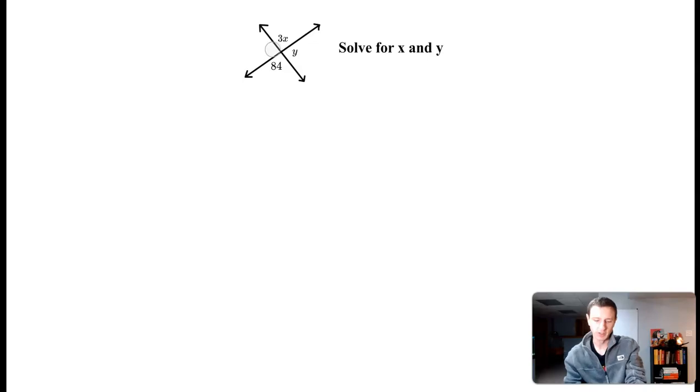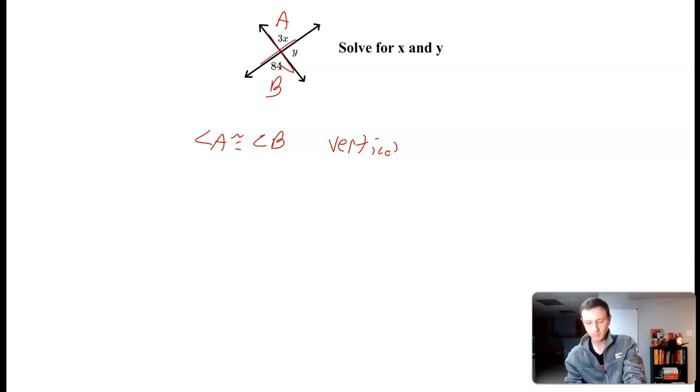There are two potential starting points from here. One starting point is, let's call this angle A and this angle B. I know angle A is equal to angle B because those are vertical angles. Whenever you have two lines cross and pass like this, those are going to be vertical angles, like they're across from one another. So we know angle A is equal to angle B, so I could take the information then that 3x is equal to 84,